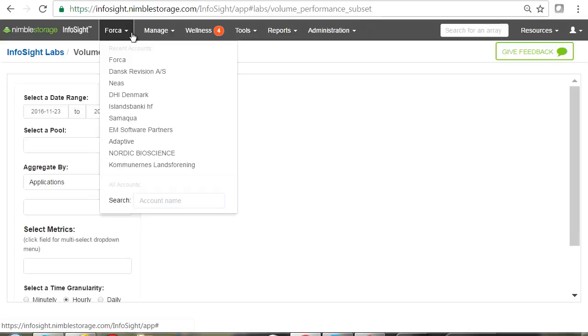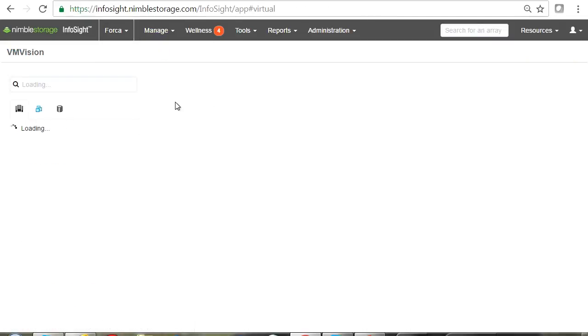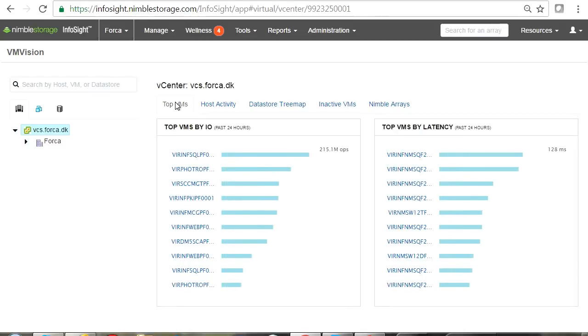It's 40 million data points per array that get sent to our support group, and they get mined in a massive Vertica instance. I think it's the biggest instance of Vertica in the US. In the world probably. It has all the data points from every array we've ever shipped from day one. That was traditionally used to drive auto support. One fine day, the data scientist said, we have all this data, why not create a trend analysis portal? That's InfoSight. I thought I'll start with VM Vision because